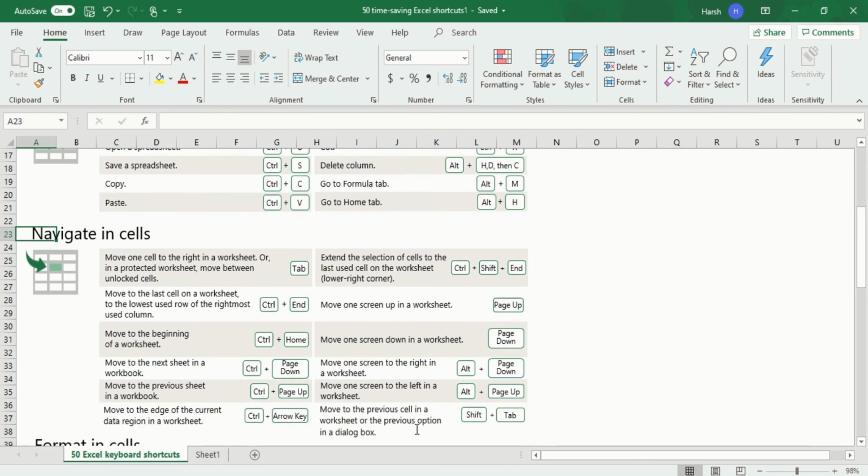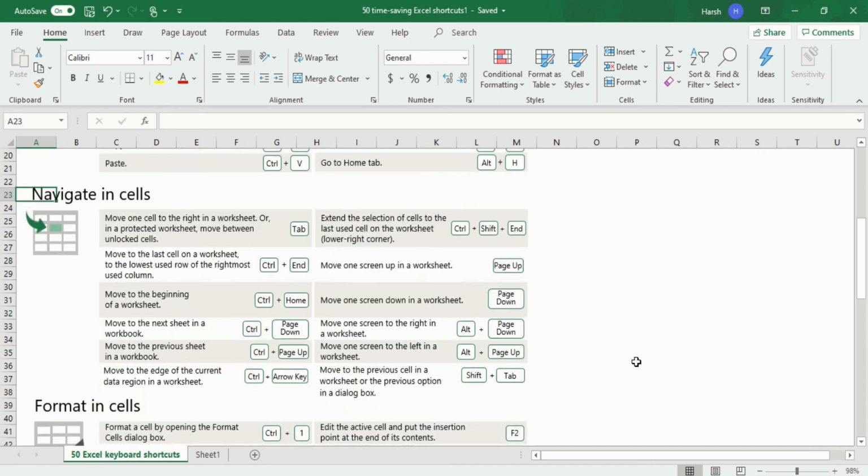After that we have moving to the previous cell in a worksheet or the previous option in a dialog box. Then click on Shift and Tab. Click on Shift and Tab, and you will reach the previous one. Like for Tab you just click to go forward. If you want to go back, click on Shift and Tab, you will get back.